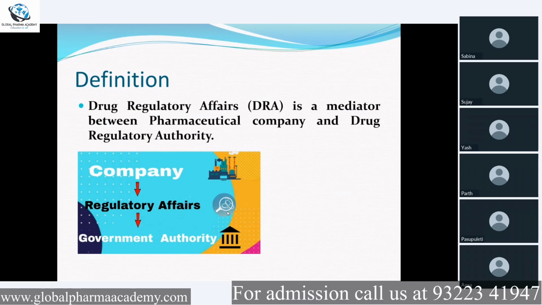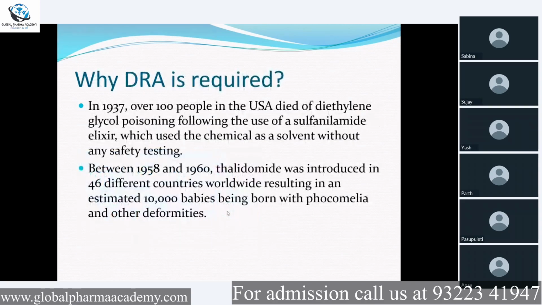So the first question is why DRA is required, that is, why drug regulatory affairs came into existence. Most of you are aware that some incidents happened in the past due to which many lethal cases occurred, meaning many people died. I have listed some of the major events. In 1937, over 100 people in the USA died of diethylene glycol poisoning following the use of sulfanilamide elixir, which used the chemical as a solvent without any safety testing. Means the diethylene glycol was used in the sulfanilamide elixir without any safety testing,